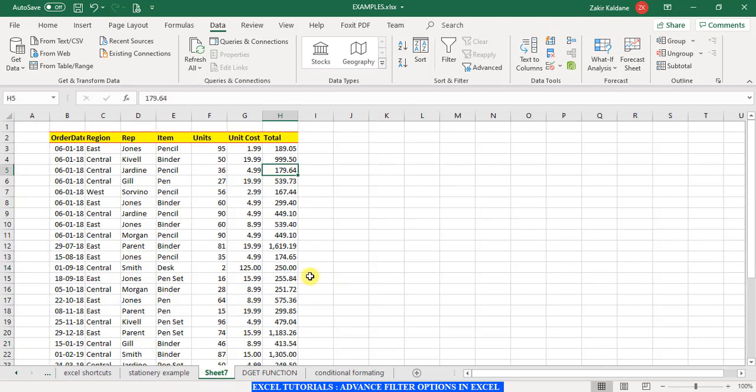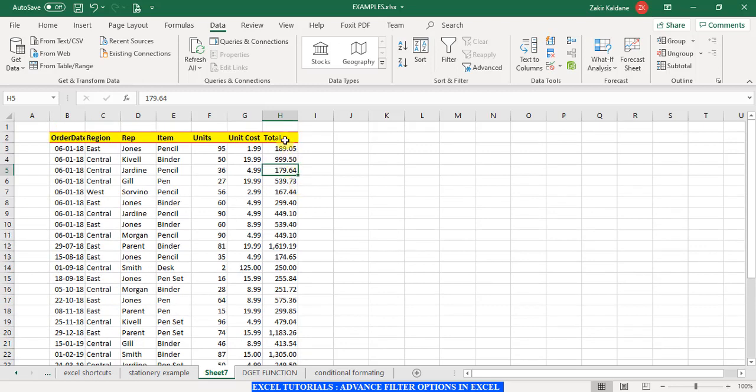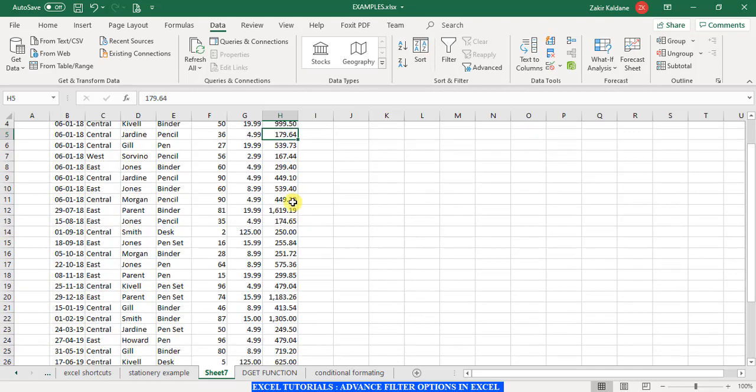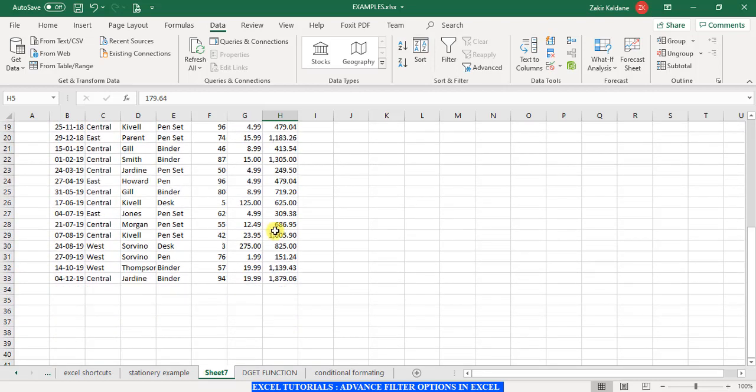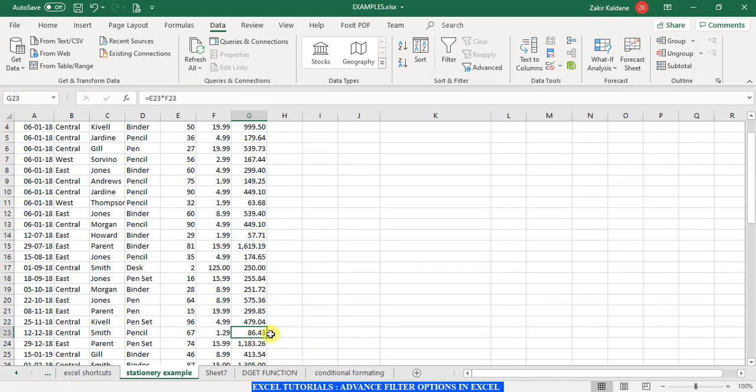So if you observe over here, all the cells in this particular column containing more than the value 150 are listed over here. So if you go over here, this 63.68, 57.71 and 86.43, all these are excluded.